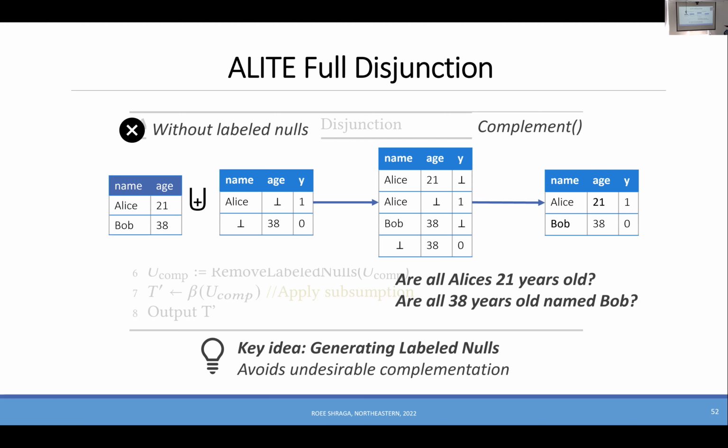So we say that Alice is 21 with a label of 1, and Bob with 38 with a label of 0. If you take a closer look, this is not what the input told us, right? Are all Alice's 21 years old? I guess not. Are all 38 years old named Bob? And the main reason for that is that the complementation operator that I mentioned before cannot distinguish between different nulls, right? So for the algorithm, these null values are the same. They don't distinguish between them. And in what follows, it creates some inconsistent values that can be harmful for the output that we are trying to